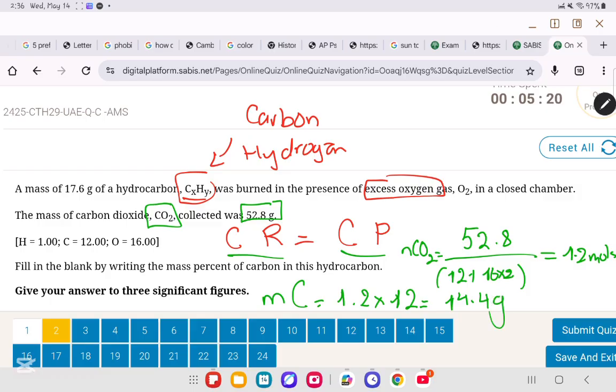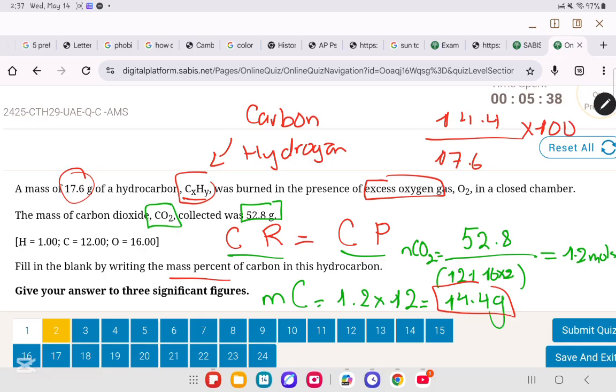Now they want what? They want the mass percent of carbon in this hydrocarbon. So you're going to take the mass of carbon, which is 14.4, and you're going to divide it by what? You're going to divide it by the mass of the hydrocarbon, which is 17.6, and multiply it by 100. So 14.4 over 17.6 times 100, you're going to get